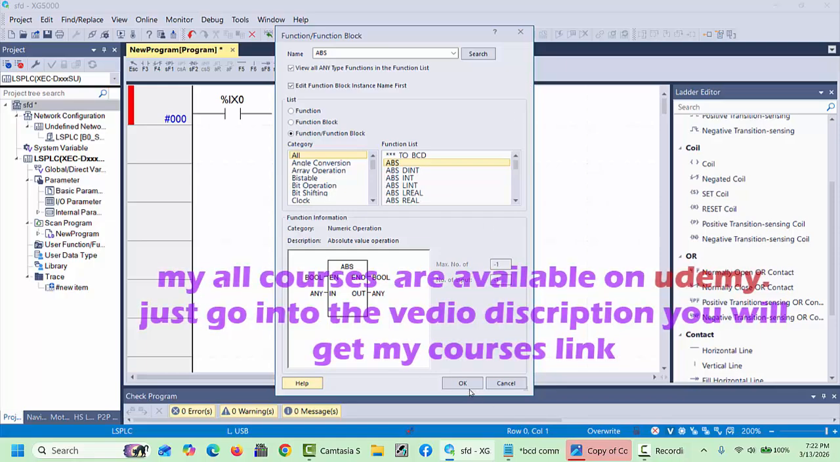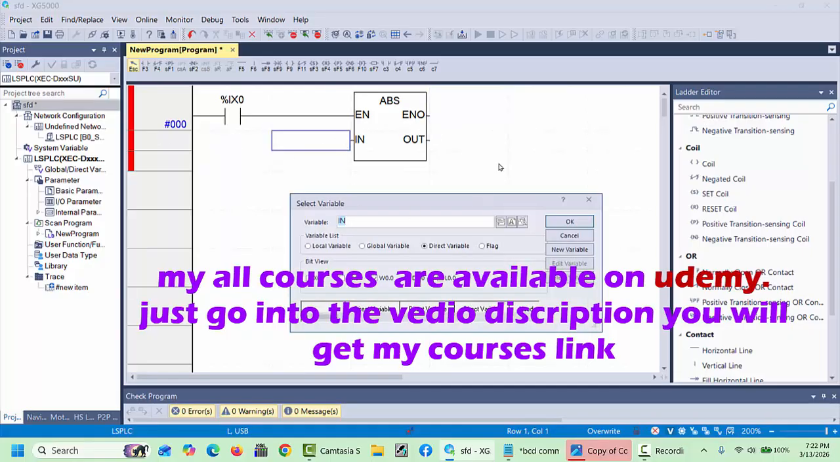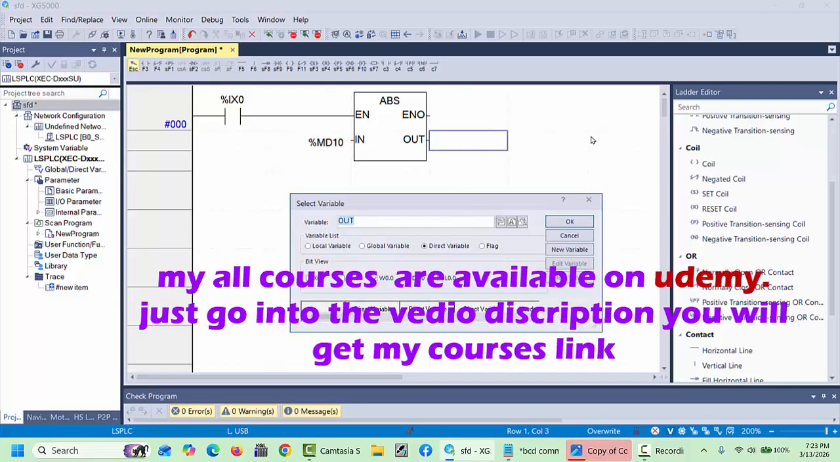How this command is used, we will try. For example, here we will choose one data register. For example, MD10 I will choose, and for the output data register we will choose MD20,